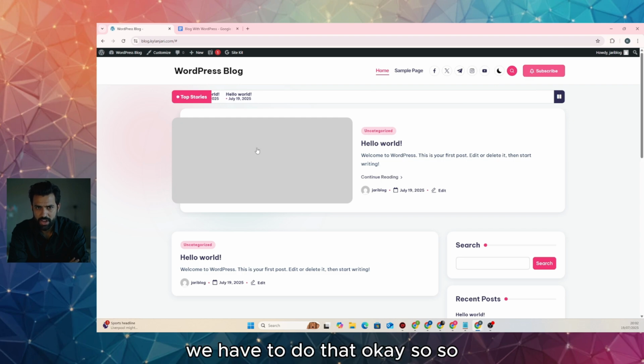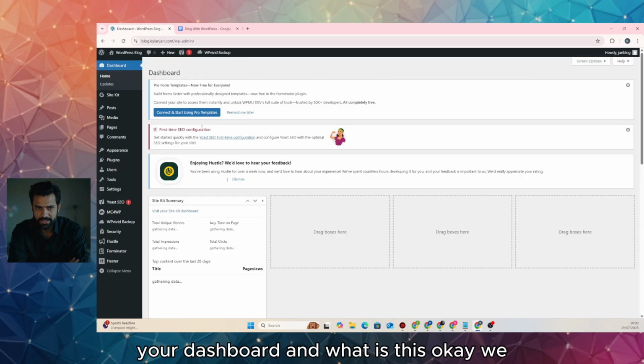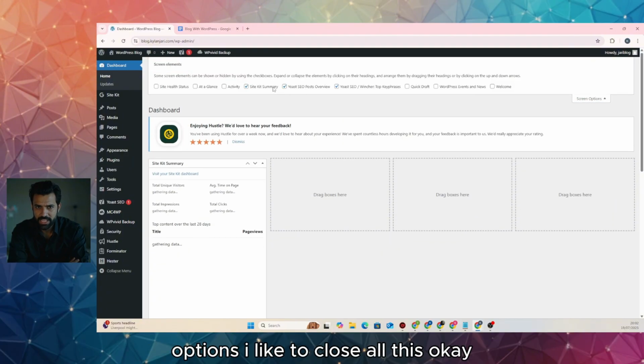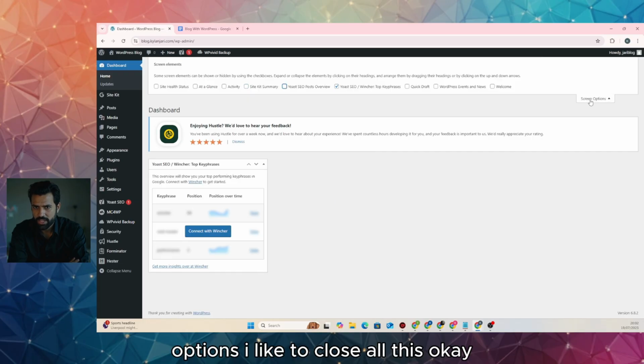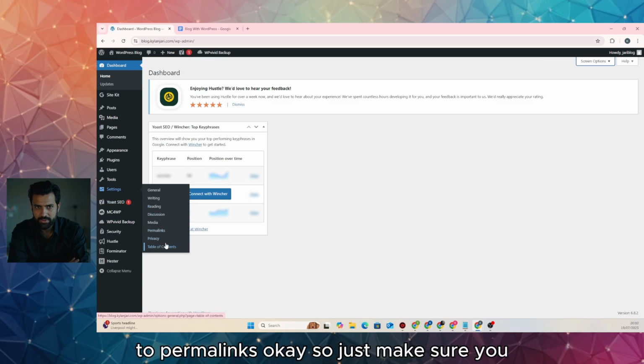So what we can do, basically, they'll go to your dashboard, and what is this? Okay, we don't want that. Just close this one, and I can go to screen options. I like to close all this. Now the first thing I want to do is go to settings and go to